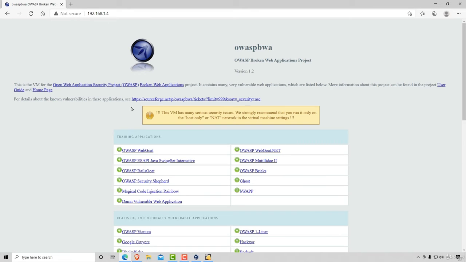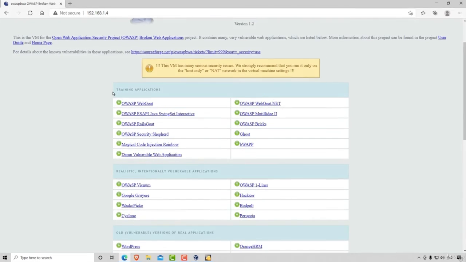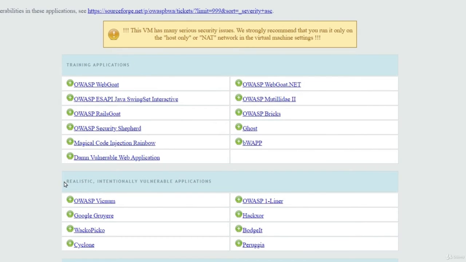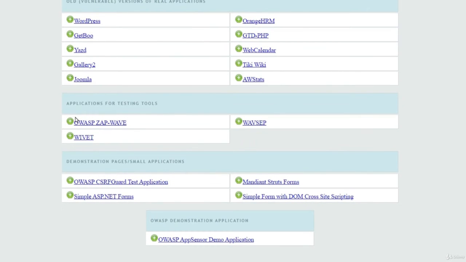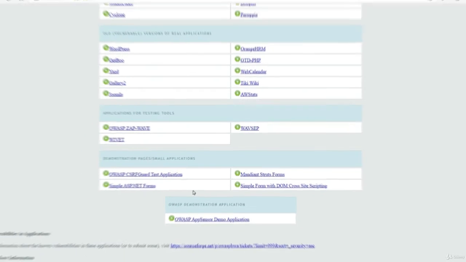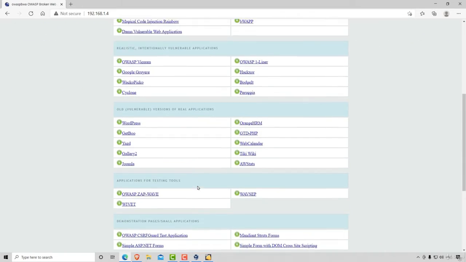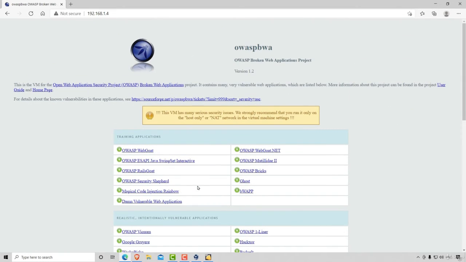And this is the page that it should open up. Here we have many things from training applications to realistic, intentionally vulnerable applications. We also have some old vulnerable versions of real applications. And we have applications for testing tools, as well as some other things as well. Now, there are a lot of things here. We're not going to cover all of them, but we're going to cover some that are aimed at discovering most